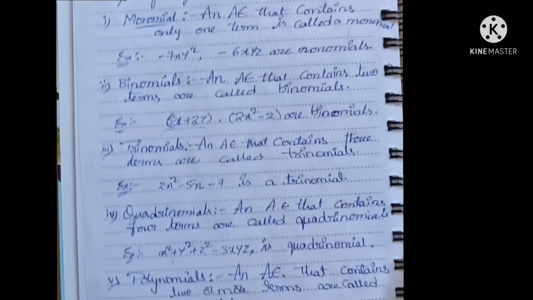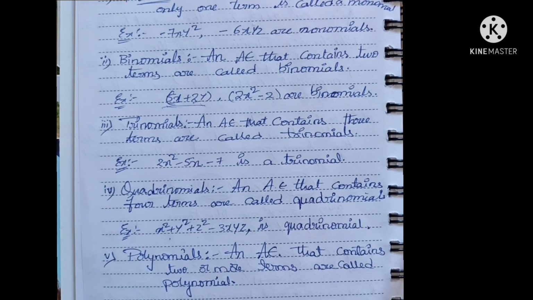Polynomial. Poly means many, more than one. A polynomial is an expression that contains more than two terms. Binomial and trinomial are also called polynomials. If it is only one term itself, we'll call it a monomial. If it has 2 or more, those are called polynomials. We can even call binomials, trinomials and quadrinomials also polynomials.